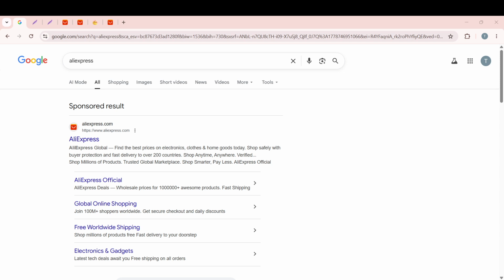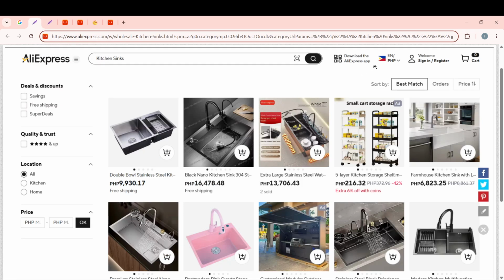Start by opening your preferred web browser and searching for AliExpress. You can also type the address directly if you know it, but a quick search works well. As the results load, look for the official AliExpress website. It should clearly show the AliExpress brand and the correct domain. Avoid sponsored links or lookalike sites and check for the secure padlock icon in the address bar to confirm you're